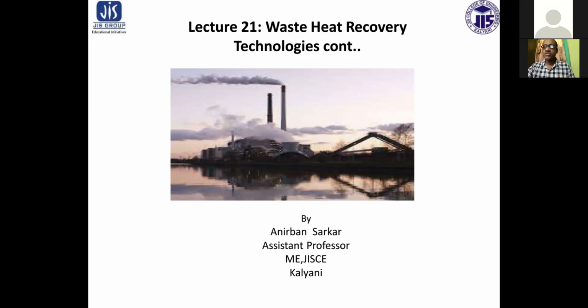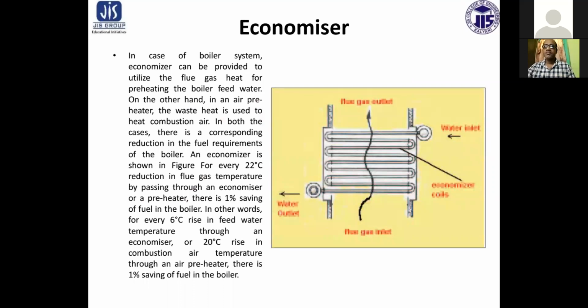Today we are going to discuss waste heat recovery technologies. In the last sessions we also discussed waste heat recovery technologies. Today we will discuss some other kinds of technologies that are used in industrial processes. First of all, a very energy efficient device which is very useful for waste heat recovery is